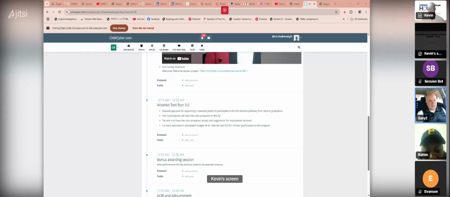We need to create a separate SOP for our events, where all this procedure with the room, with the board, should be stated there, right? Yeah.